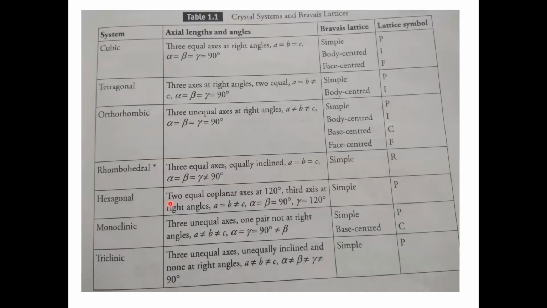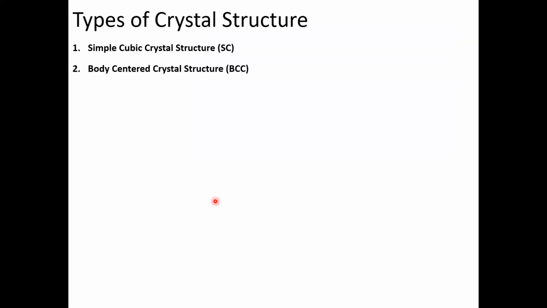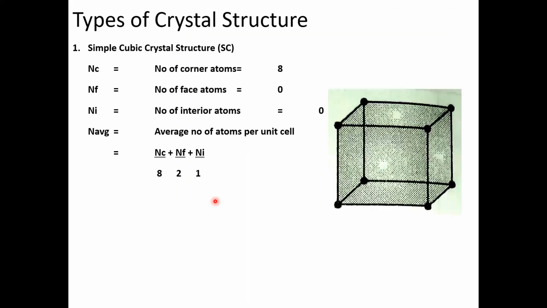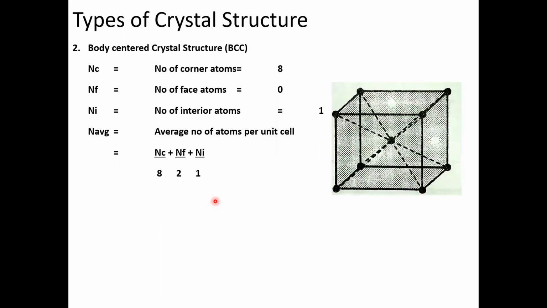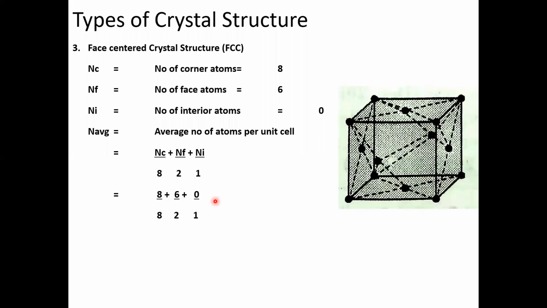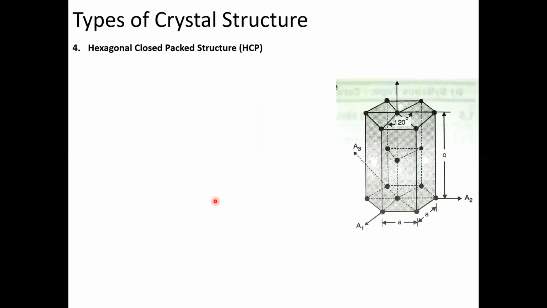Okay, so hexagonal. This hexagonal is having what? Two equal sides. So what is the hexagonal structure? So that I can show you what the hexagonal crystal system is. Yes, this is the hexagonal crystal system. Okay, so here you see the hexagon. It is having what? 6 sides. Okay, and this is separated by the distance c.